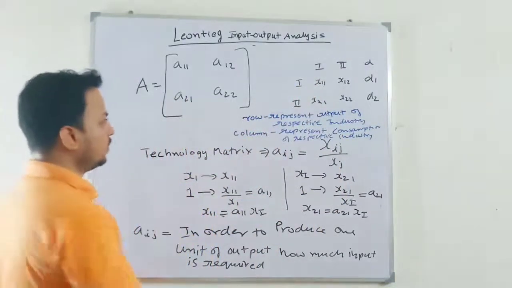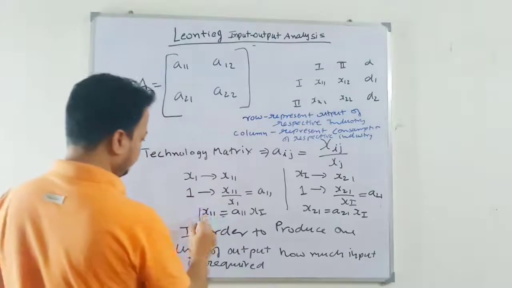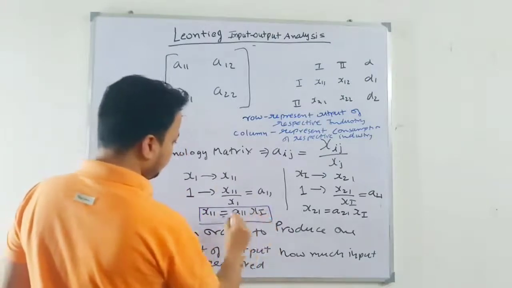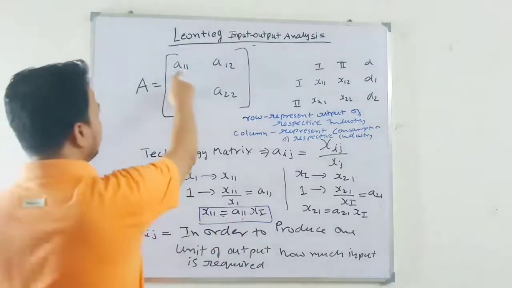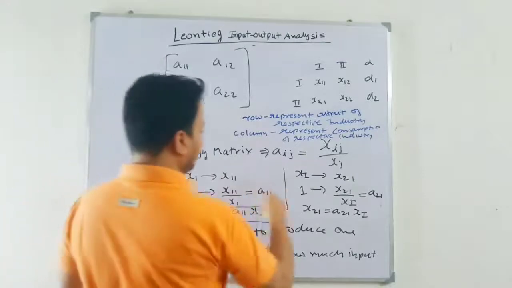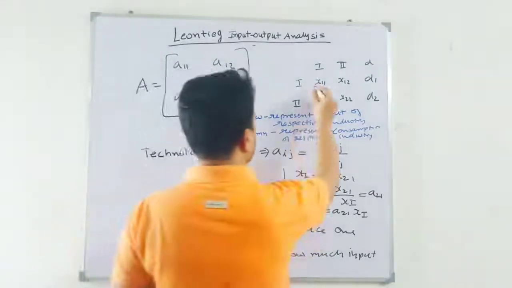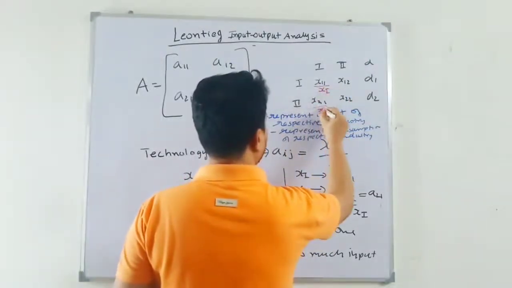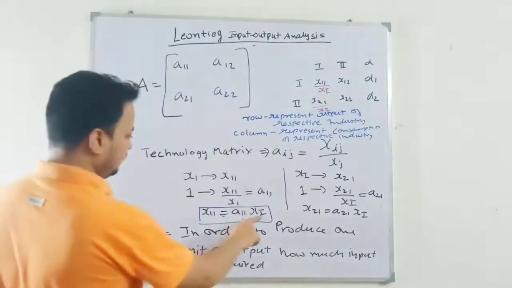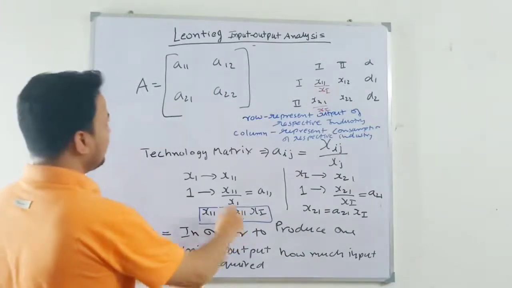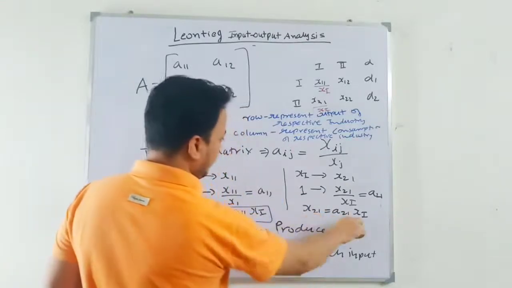Okay. So in the X11 place, if I substitute with this one, this thing means the same thing. So in order to take out this one, what I have done, I divided by total output. Let me write it directly. I divided by x1, this x1, then I get this thing. See here. So this is coming out as A11, A21. I divided just by x1 on both sides.